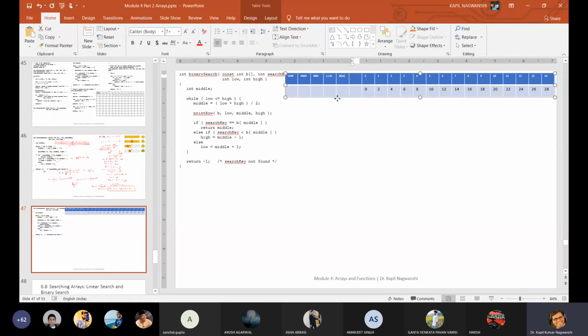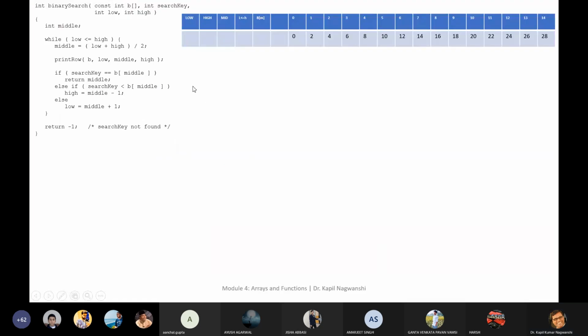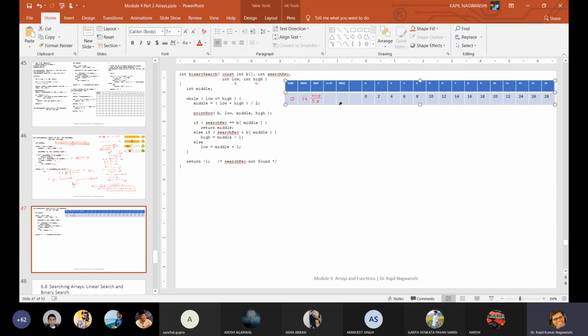How will it work? Initially, what is the value of low? Initially, we have passed low as 0 and high as 14. So initially 0 and 14, and what is mid? Mid is 0 plus 14 divided by 2, which gives 7. Now just try to execute the algorithm.